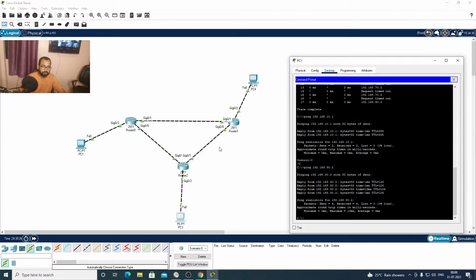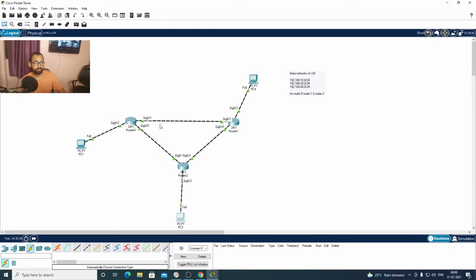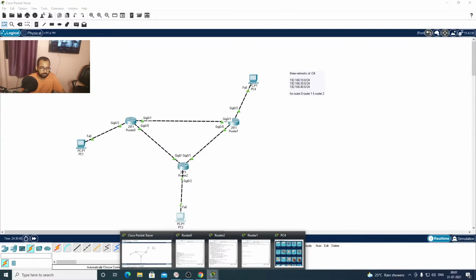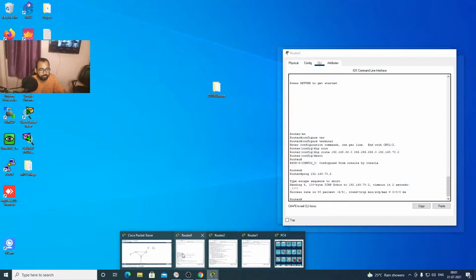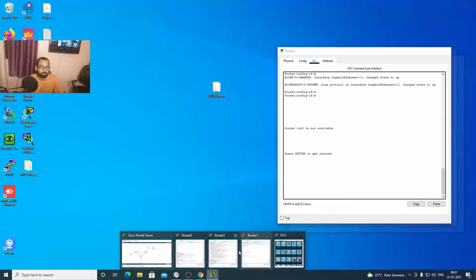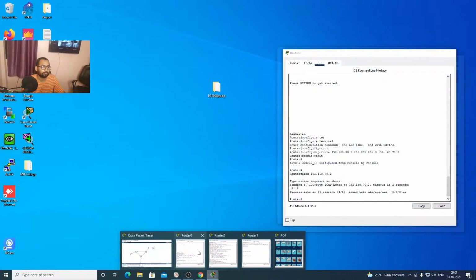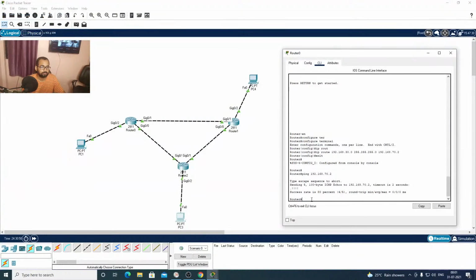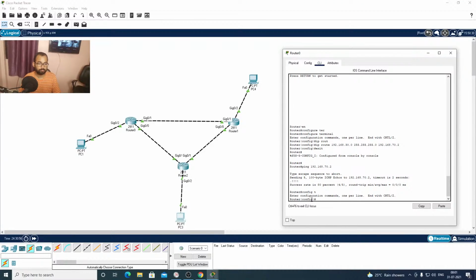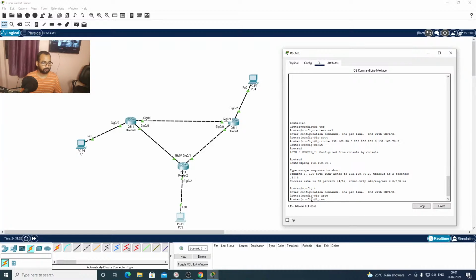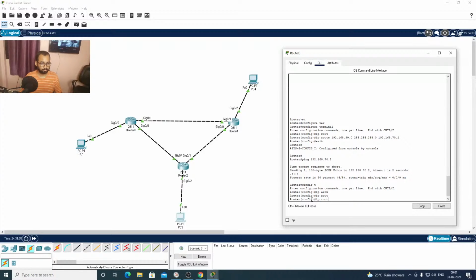Similarly, if PC1 wants to reach PC4, what do we have to do? Same thing. We need to fill in the information of this network in the routing table of this router 0. So we have to issue the command as we did in the previous communication. So we'll again go in config terminal mode, and we'll add IP route